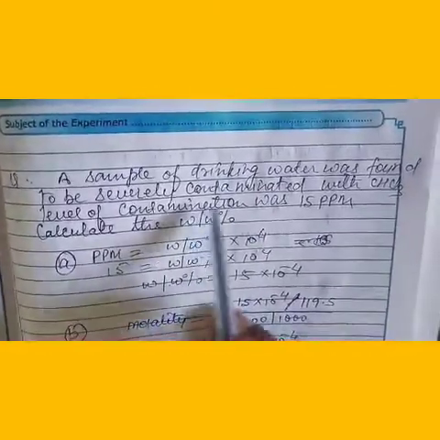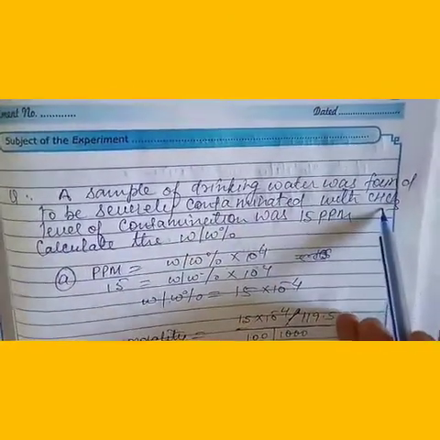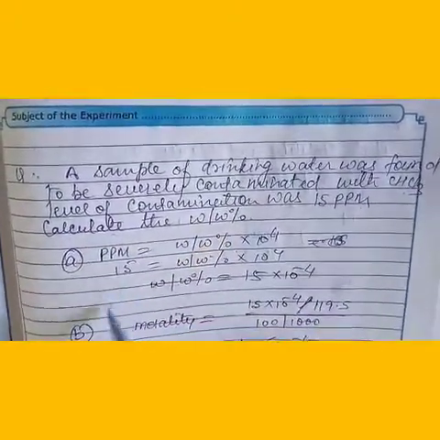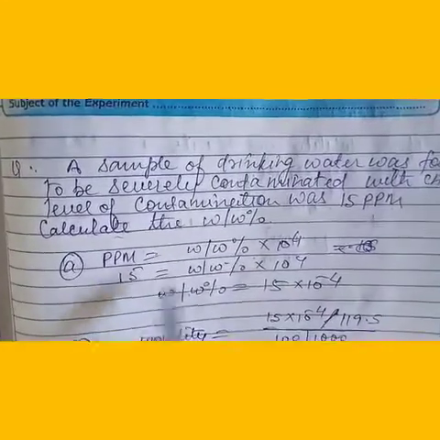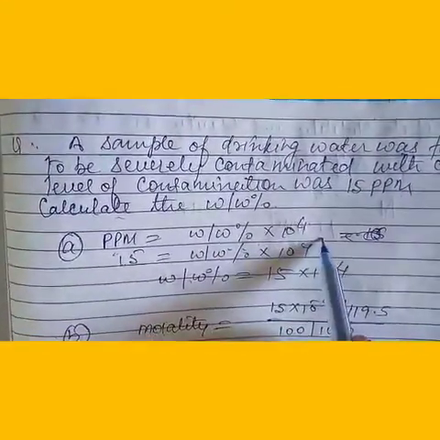A sample of drinking water has been found to be severely contaminated with chloroform. The level of the contamination is 15 ppm. Calculate the weight percentage. So we already have the relationship between ppm and weight percentage, 10 to the power 4. We put the